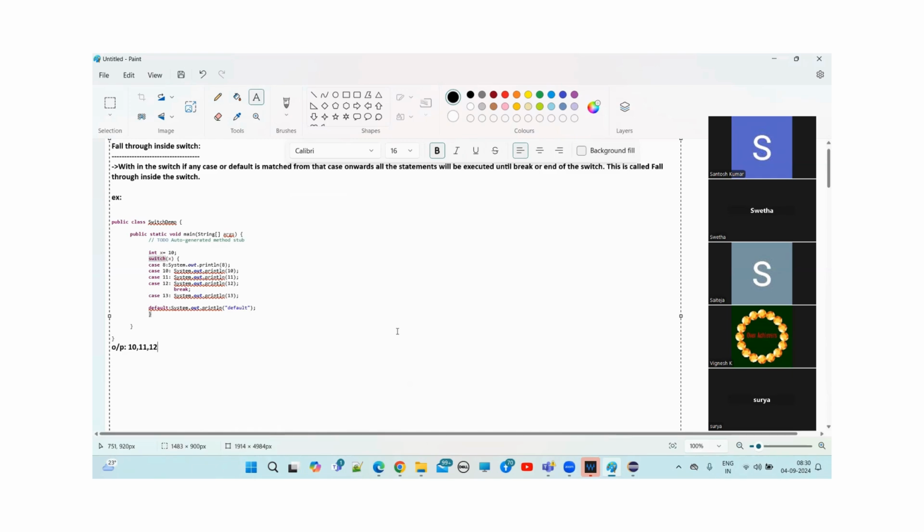So what is fall through inside switch? If any case is matching, from that case onwards, all the statements will be executed until break or end of the switch. So that is the one word, fall through inside switch, right? So now let's suppose,